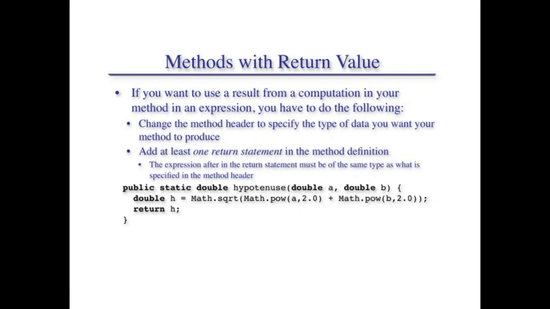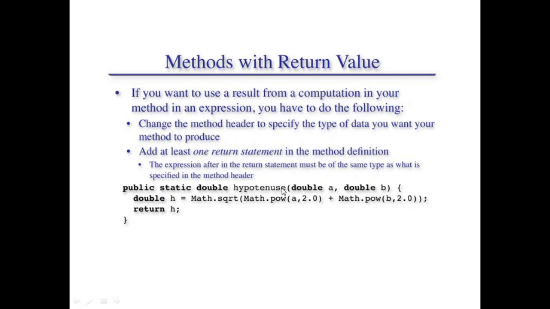So what it will do, if we pass as arguments in this hypotenuse function 2 and 3, then a will be 2 and b will be 3. So a to the power of 2.0 and 3 to the power of 2.0 will be computed. Both will be added, and then the square root will be taken by the outer sqrt function of the math library, and the result will be assigned to h. This h will hold the whole value of this expression, which is composed of three methods. Okay, no problem. So the value gets assigned to h, and this value is returned.